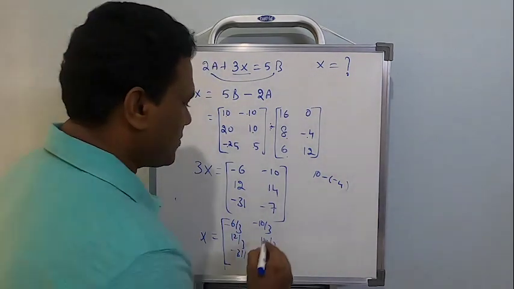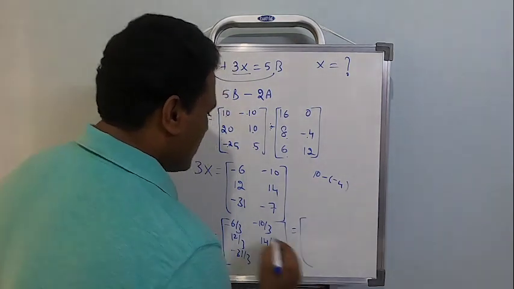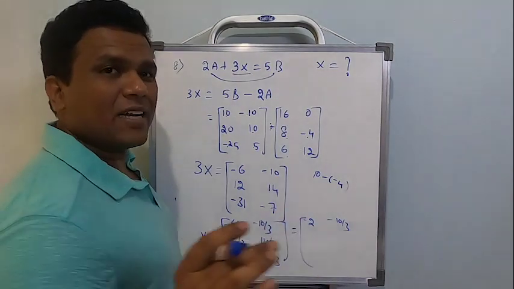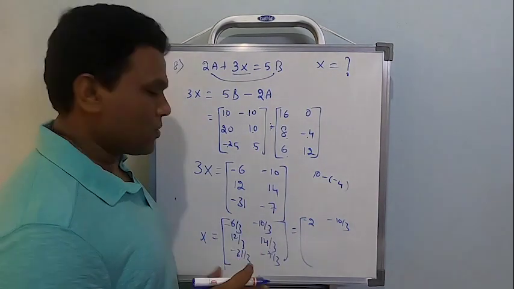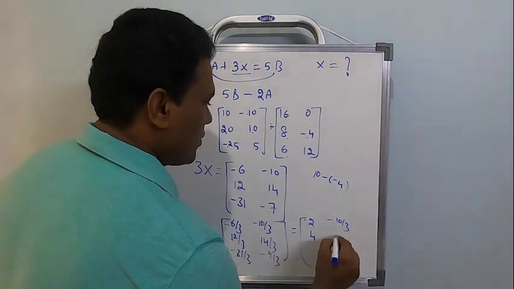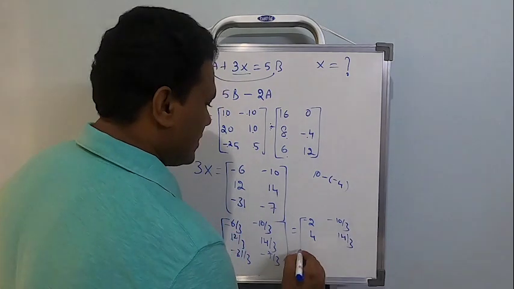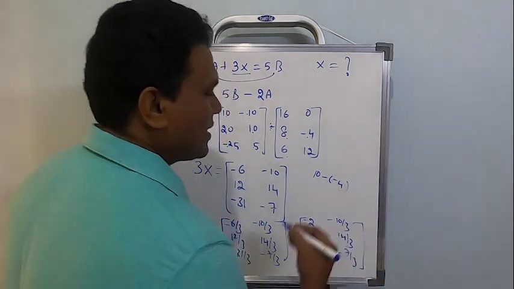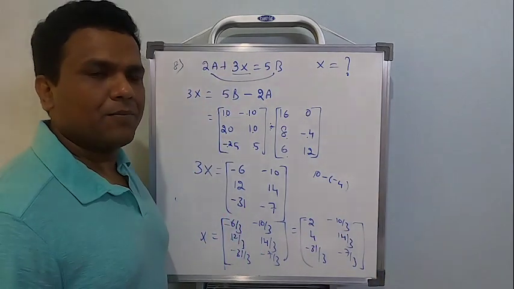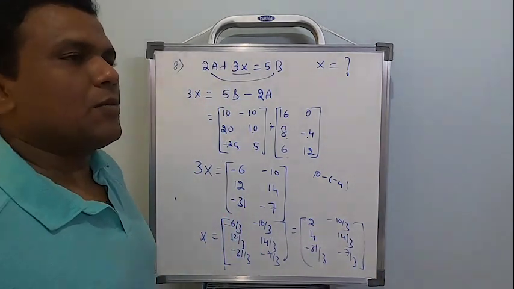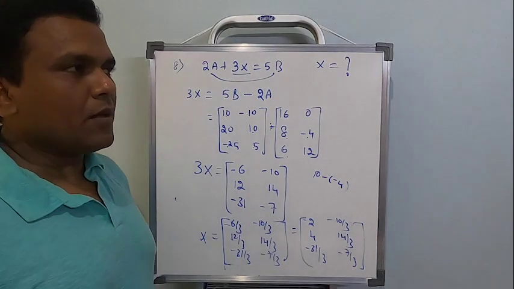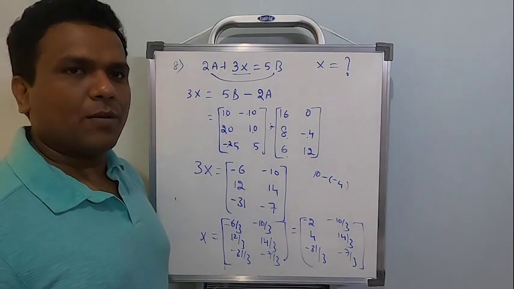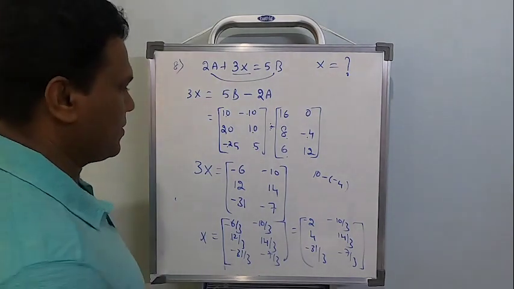Wherever simplification is possible, division is possible, you write down. So, minus 6 by 3, minus 2, minus 10 by 3. Don't write decimals. Retain the fractions. Okay. And here it's going to be 4. So, this is 14 by 3, and the next, minus 31 by 3 and minus 7 by 3. That is matrix X. Okay. So, notice whatever the problems you are going to study in this exercise are purely based on addition, subtraction and scalar multiplication. Okay.